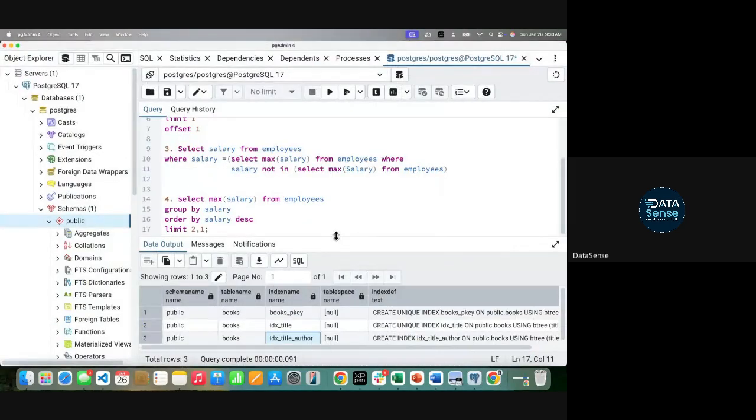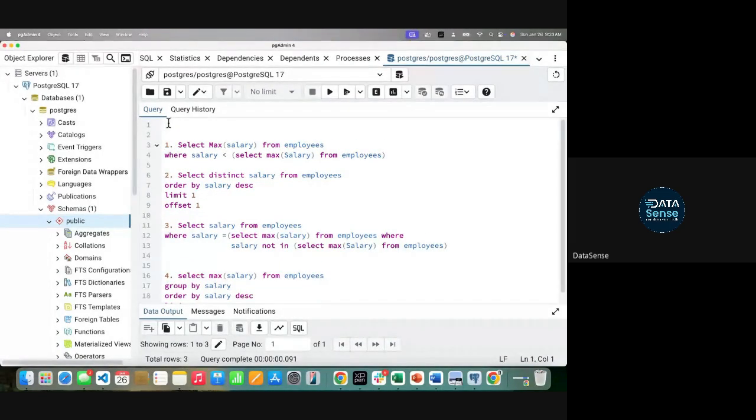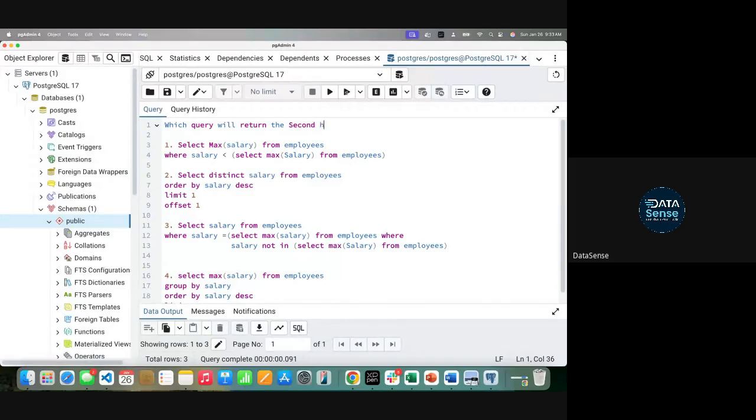Okay, I've given 4 options to you. My question is, which query will return the second highest salary from the table?